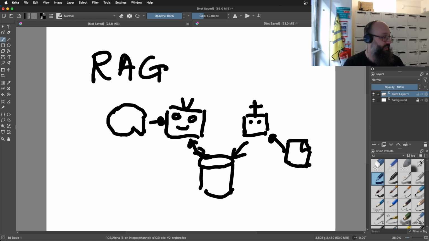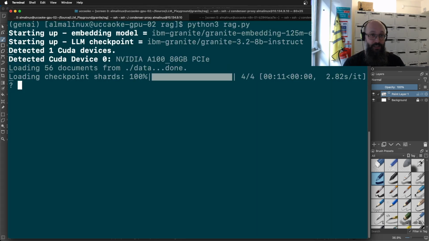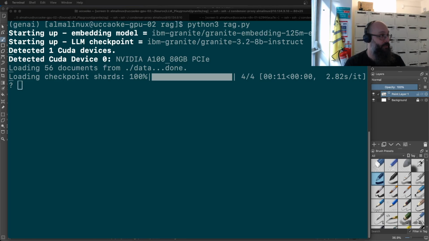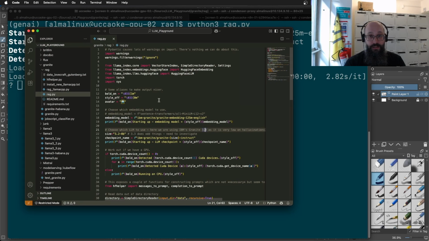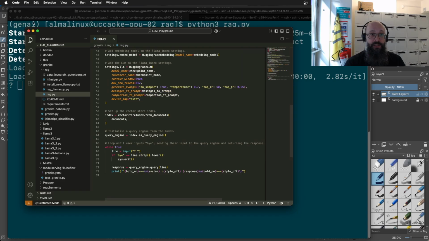And I've actually set this up here with the documentation for UCL ARC's HPC systems. So I pulled the raw text out of the website and I've put it in a folder here called data. And then I'm using a short Python program. It's, according to the lovely Visual Studio Code, 73 lines long,